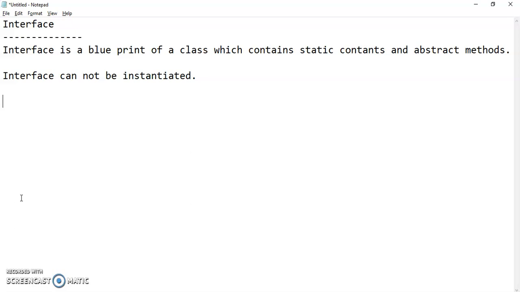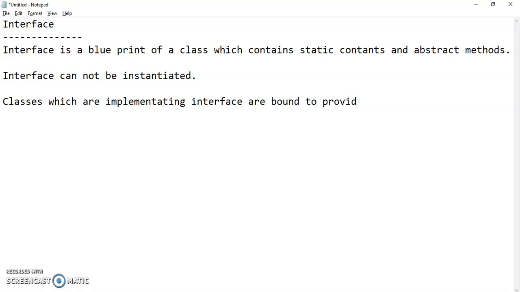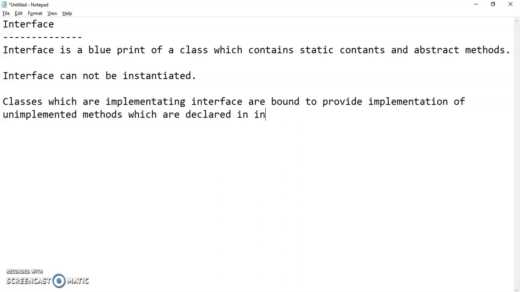So classes which are implementing interface are bound to provide implementation of unimplemented methods which are declared in interface.